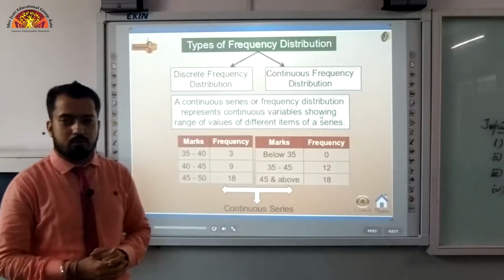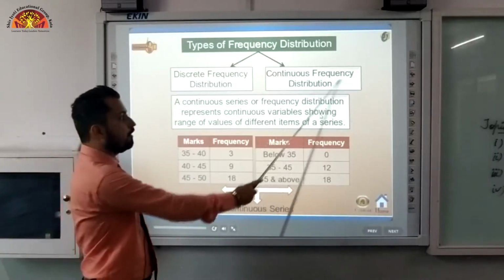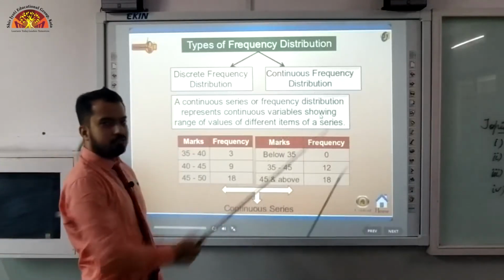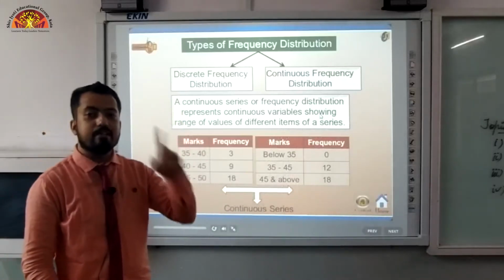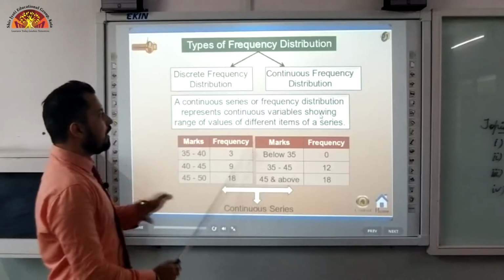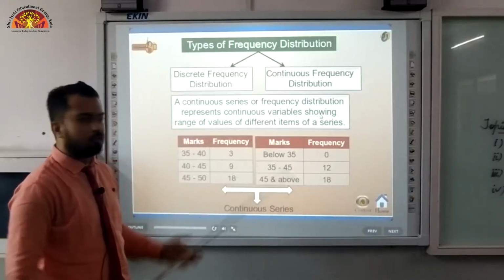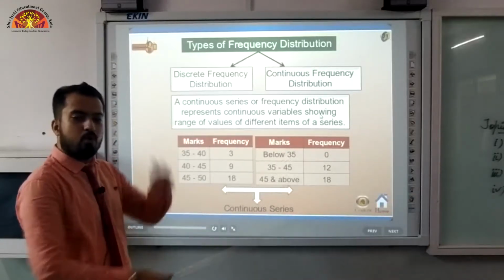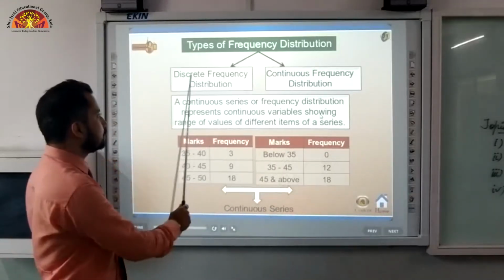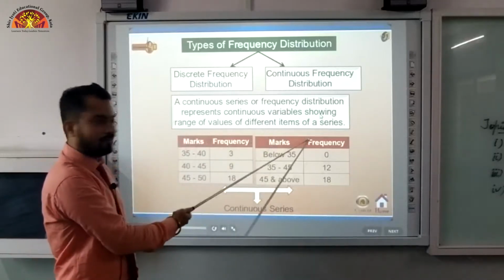Simultaneously, we are getting two things. That type of frequency distribution is known as continuous frequency distribution. It means that frequency distribution can be of two types only. The reason is that in individual series we have no type of frequency. That is why it is not a part of frequency distribution, but frequency is found only under two series: the one is discrete and another is continuous. That is why the distribution is also the same.